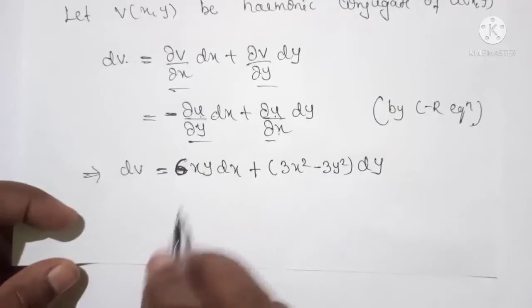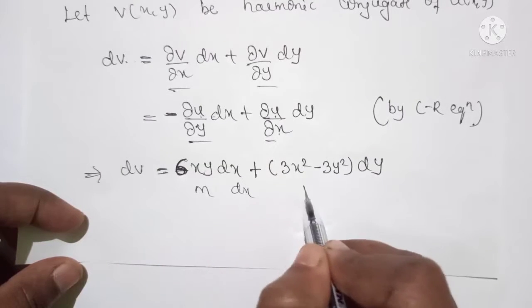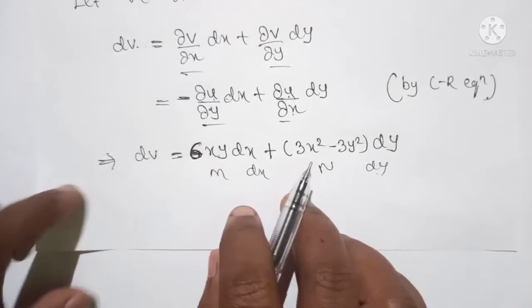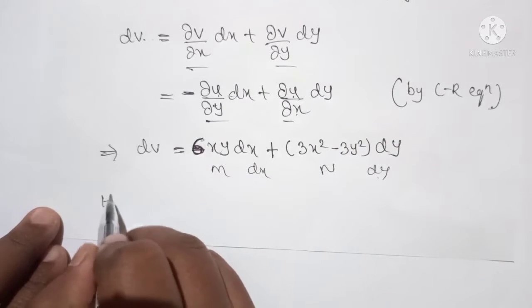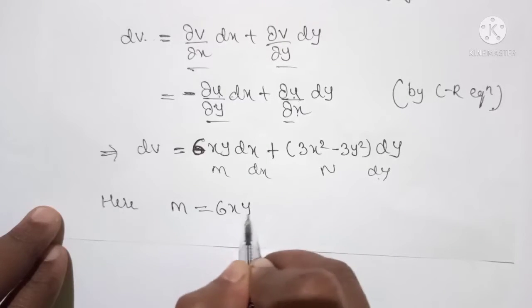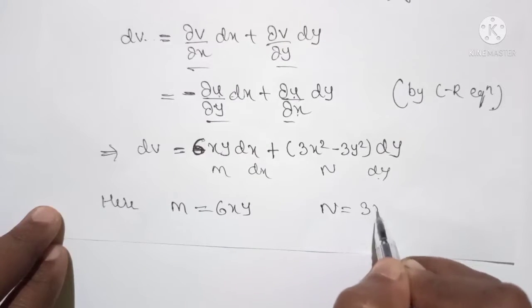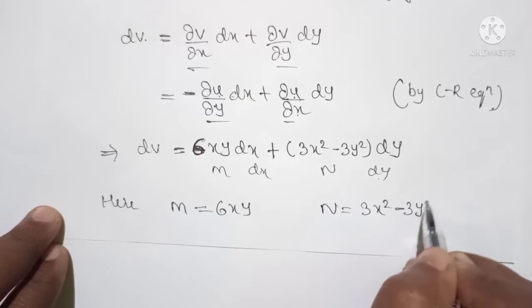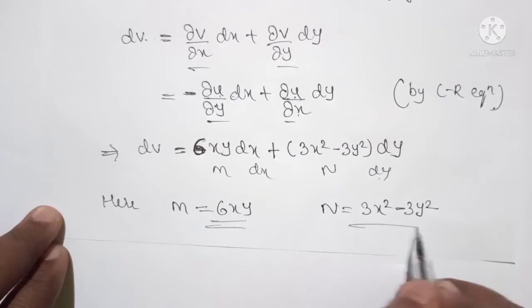Now it is of the form M dx plus N dy. Therefore here M is equal to 6xy and N is equal to 3x square minus 3y square, and the solution of this equation is given by